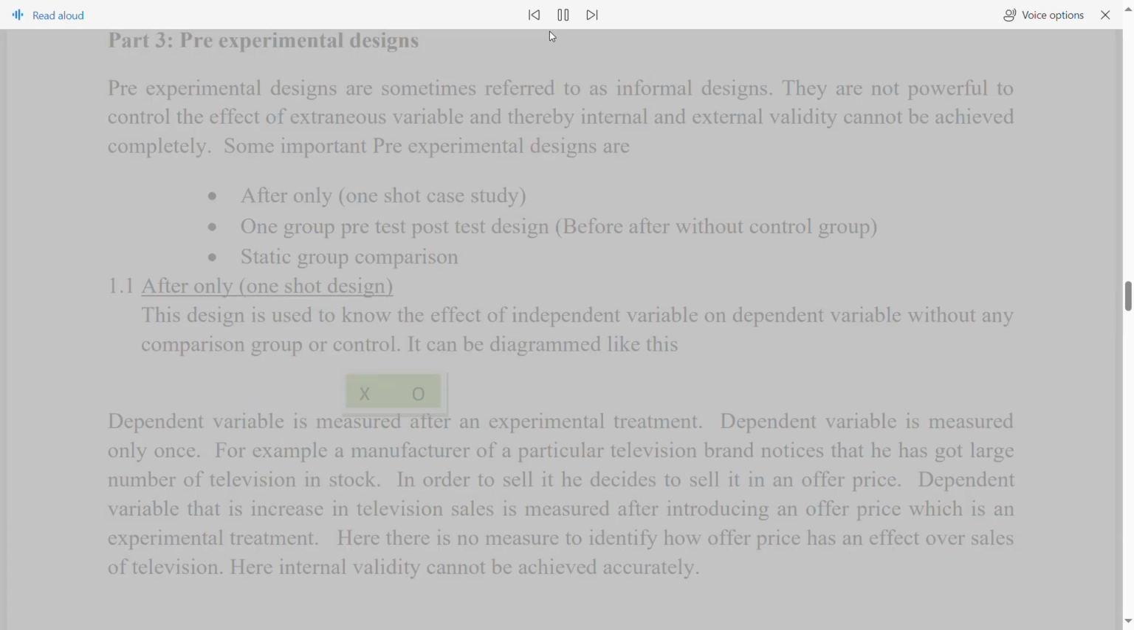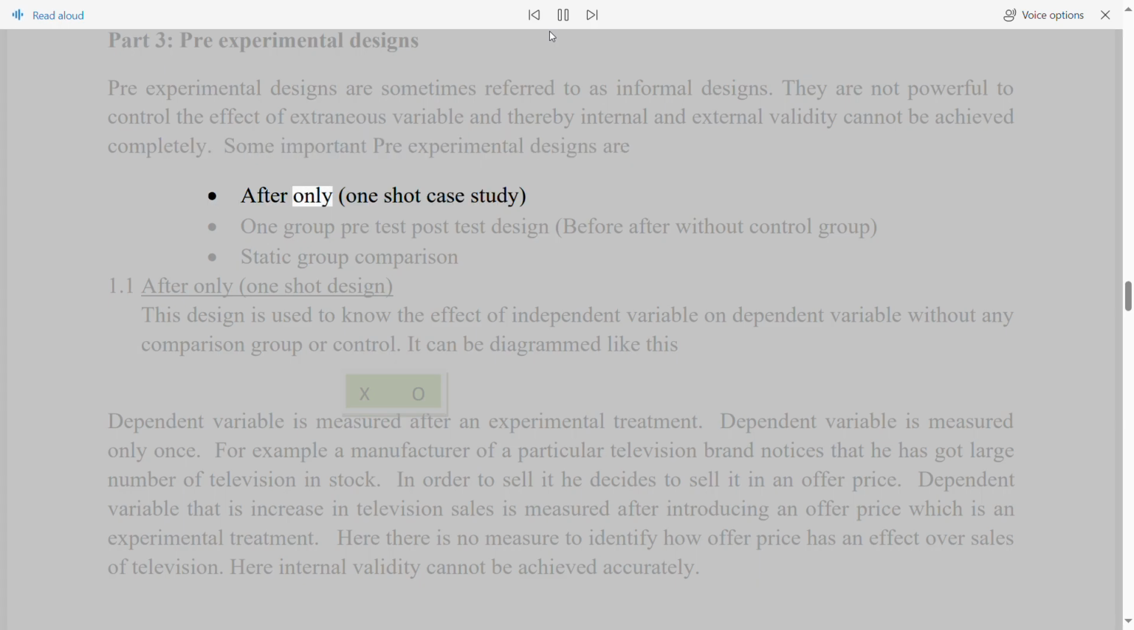Part 3. Pre-experimental designs. Pre-experimental designs are sometimes referred to as informal designs. They are not powerful enough to control the effect of extraneous variables, and thereby internal and external validity cannot be achieved completely. Some important pre-experimental designs are